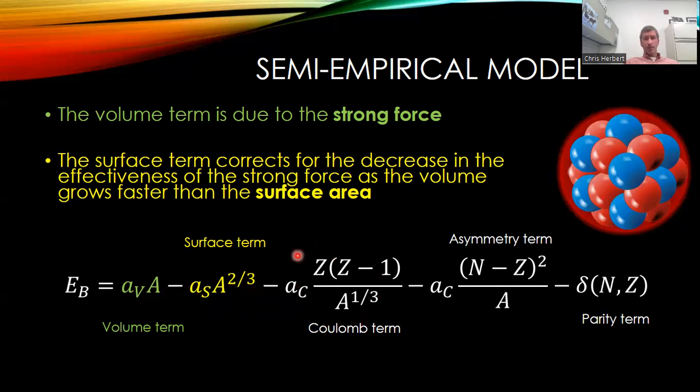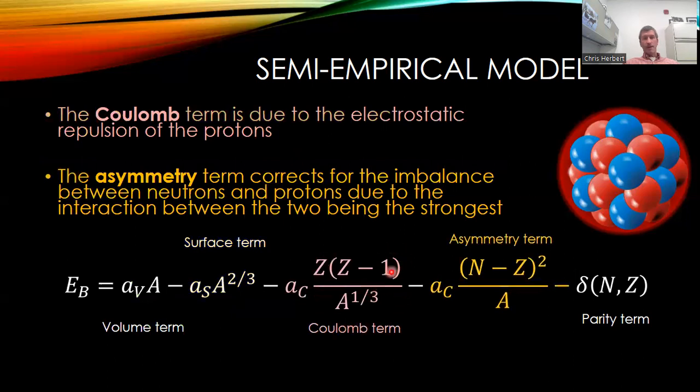The next term is due to the electrostatic repulsion. This is the term which is due to the fact that the protons are going to repel one another. So they're going to want to try to tear this whole nucleus apart. And the larger Z becomes, the greater this repulsive force is going to become. There's also an asymmetry term. And this is cheating. I always thought this was cheating. You get an